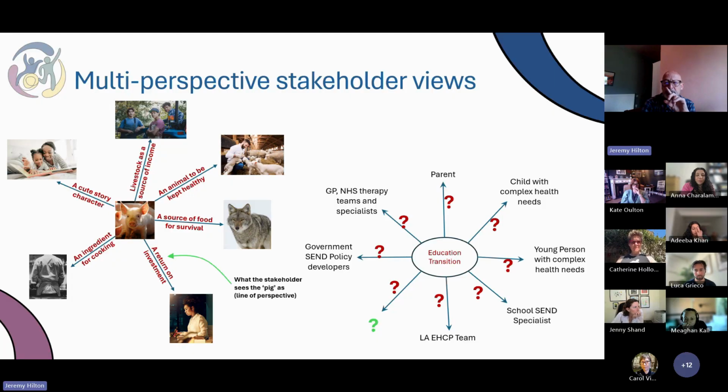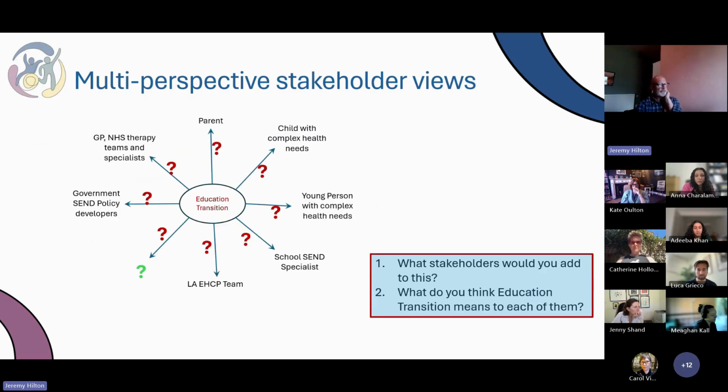So what do you think their perspectives are? So just as an exercise, if you've got a pen and paper available, what do you think the differing perspectives are for each one of those? Just take a few minutes to have a think about it, to jot it down. So again, this is our starting point for trying to stand in the shoes of others, to open our minds up to gain some insight into the different perspectives. I'll give you 3 or 4 minutes just to make some notes or have some thoughts of what other stakeholders and what you think their perspective might be.